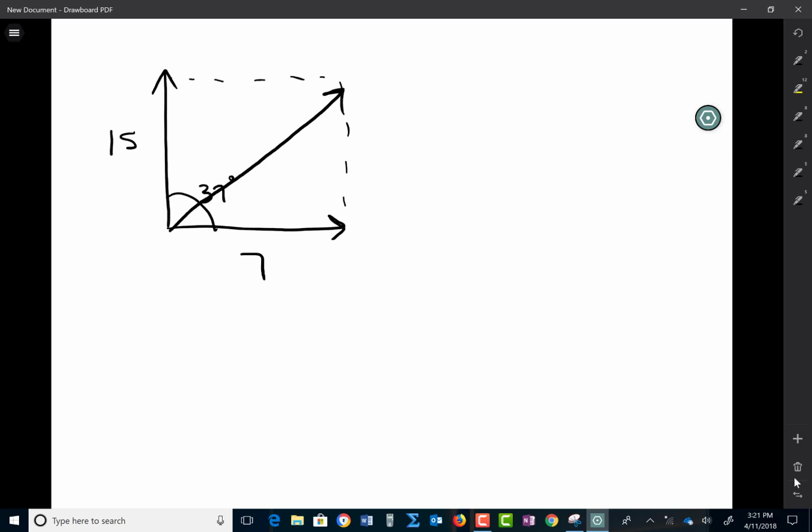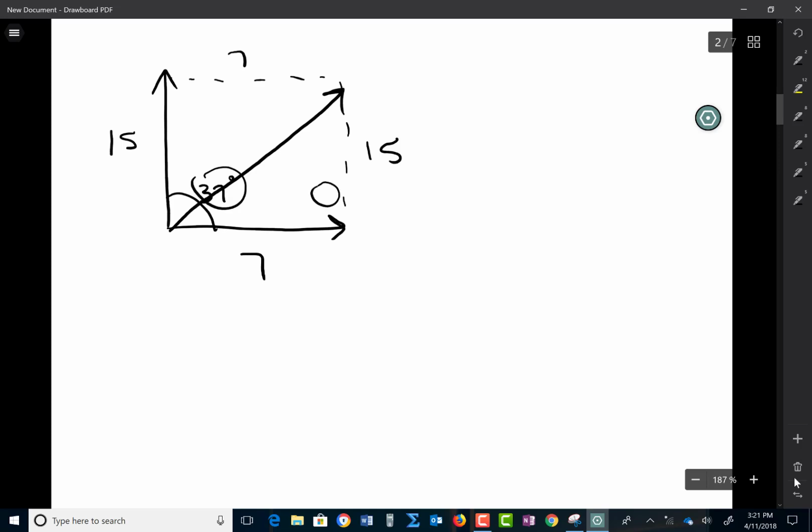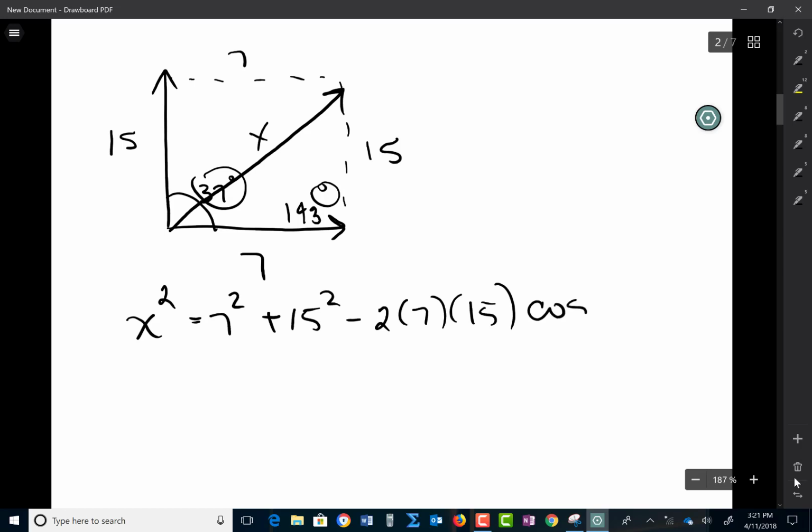And so in a parallelogram, the sides are the same. So I could use the idea that in a parallelogram, these two angles add up to 180, which makes that one 143. So I could again use the law of cosines to find that resultant. And I'll fit it to my law of cosines, and I'll do my math. And when I did that one, I got that resultant was approximately